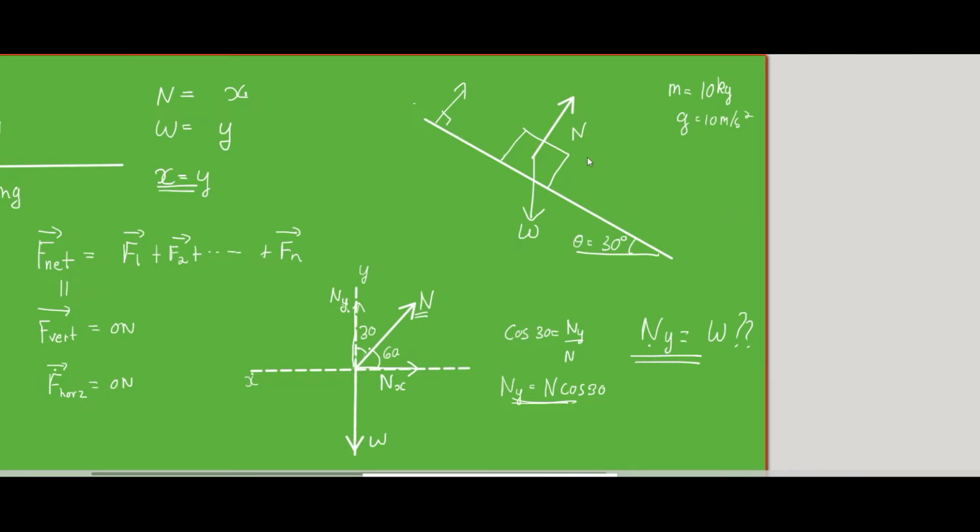If it is moving downwards, then the downward force is definitely going to be greater than any upward force which is there. What we know for sure is that your Ny will be smaller compared to your weight. So this is not a good way of trying to solve this. You will get nowhere with it. As a rule of thumb, if you know the direction of the motion, more likely than not the resolution will be along the direction of the motion.